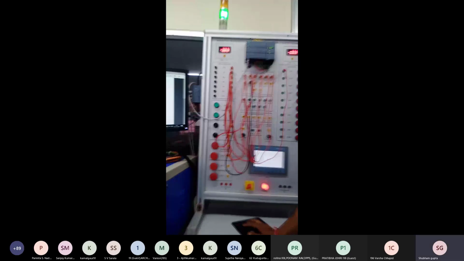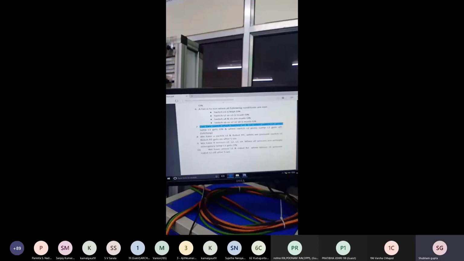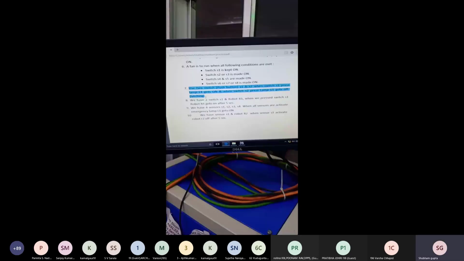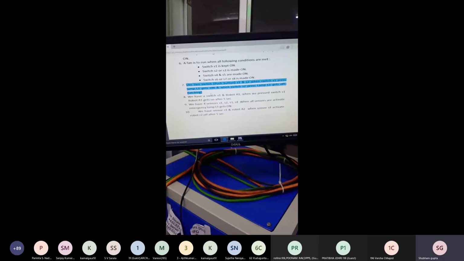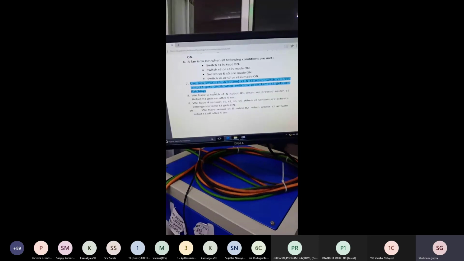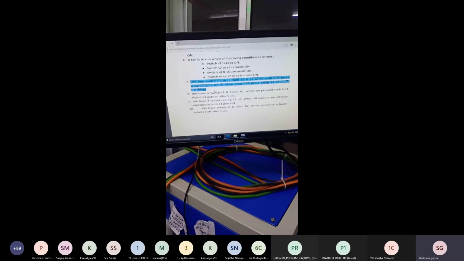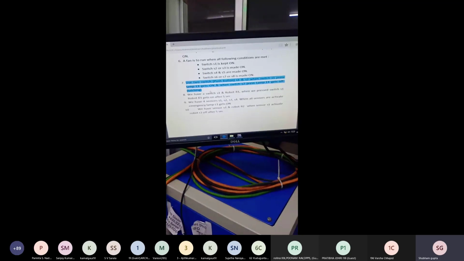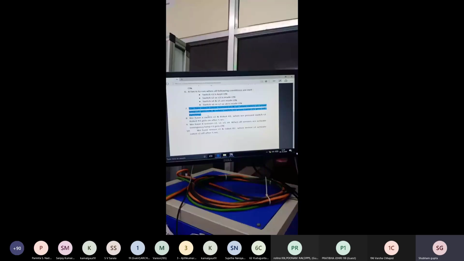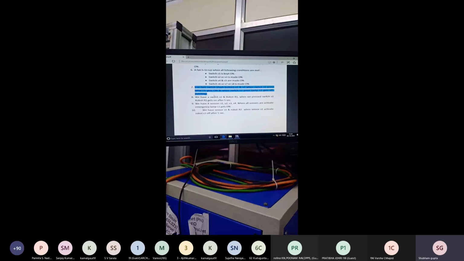This is the latching circuit. Just read it. Use two switches, S1 and S2. When switch S1 is pressed, lamp L1 gets on, and when switch S2 is pressed, lamp L1 gets off by the latching. It is a very important circuit for our industry. Just note it has a start and stop switch using push buttons.